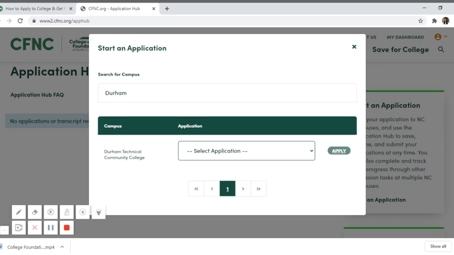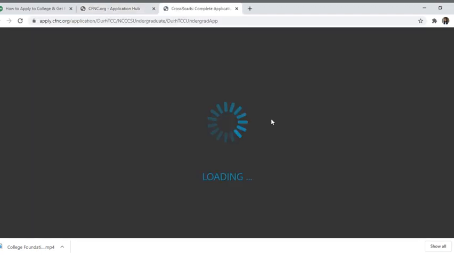Now, two applications pop up, the Durham Technical Community College application or the Durham Technical Community College CCP application. We're gonna do the community college application because the CCP application is for dual enrollment. It's for taking classes at Durham Tech while you are still in high school. But right now we're applying to Durham Tech for after high school. So once you click the application you want to start, you'll click apply and a new tab will show up